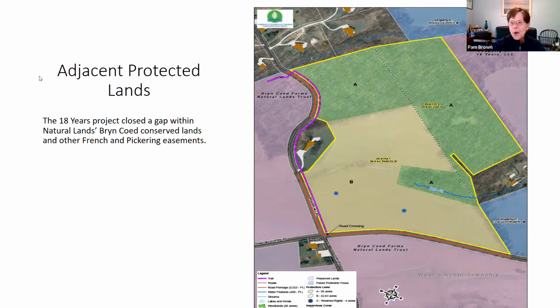With an 88-home subdivision, the view shed, water quality would have been degraded, habitat would have been destroyed. And with all the efforts and the funding by many of the same partners that contributed to 16 and 18 years, this would have been a blight upon the landscape and just really changed the geography. And I'm happy to say the